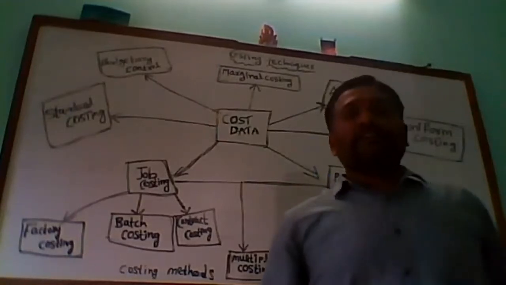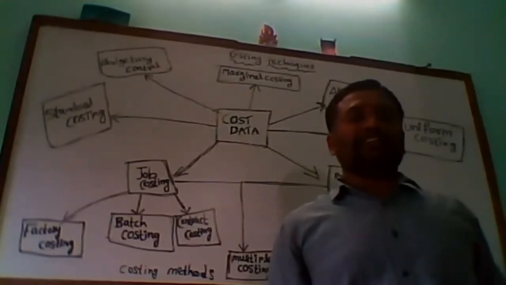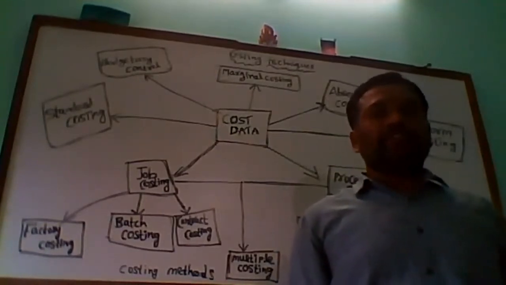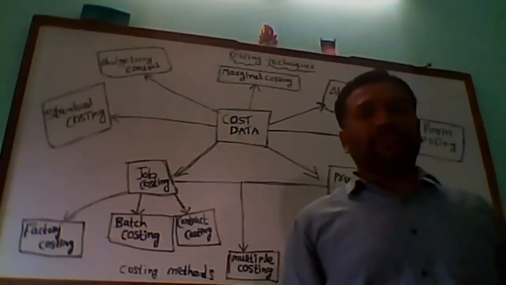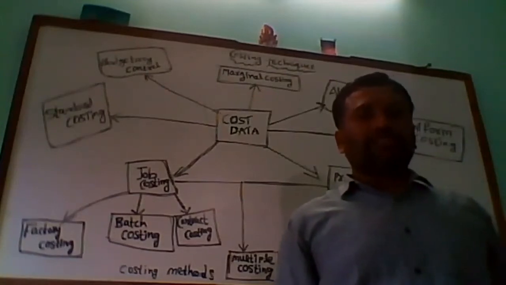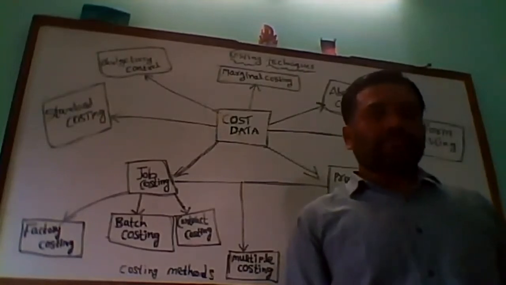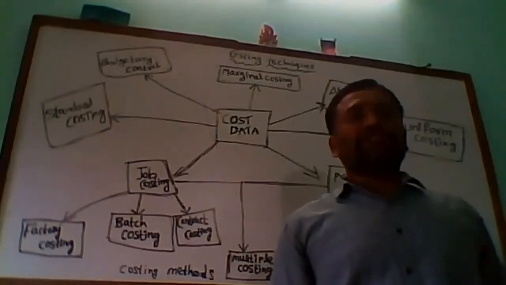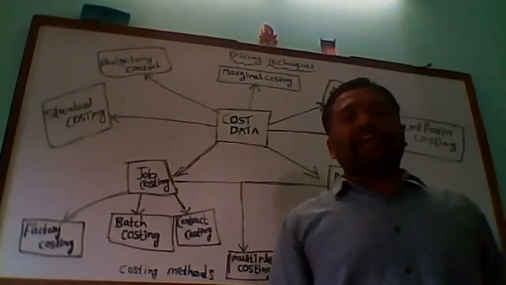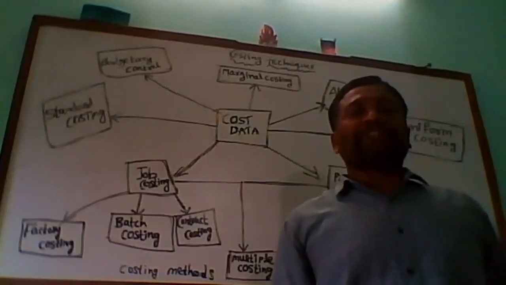So here we learn costing. To record this costing, they are going to use some techniques and principles. In cost accounting, they use some techniques and methods to record these transactions, as we have learned. Today we are going to learn the costing techniques as well as the costing methods. Various industries use different cost information, and based on that they use different techniques and methods while recording the costing information in their cost accounting.